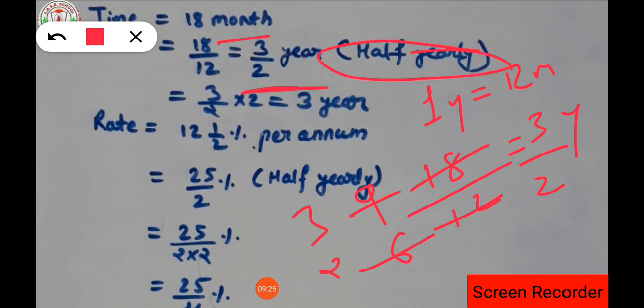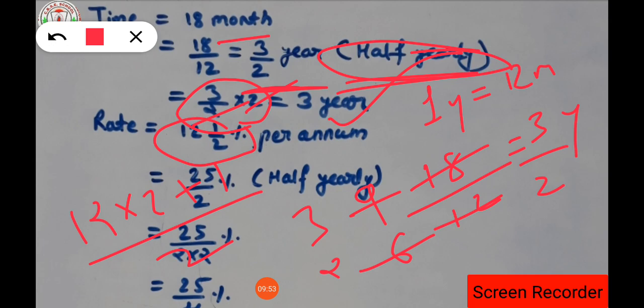Since it is said that it is compounded half yearly, this time will be multiplied by 2. Okay, half yearly it is said, that's why the time will double. So 3 by 2 into 2, then the denominator and numerator 2 will get cancelled. So what is the final time we are having? That is 3 years. Clear? Then the rate is 12 and 1 by 2, so 12 into 2 plus 1 upon 2, isn't it? That is whole number into denominator plus numerator upon 2. So 12 into 2 will be 24, 24 plus 1 will be 25. So 25 upon 2 we are getting.